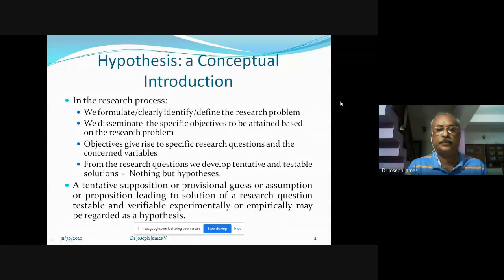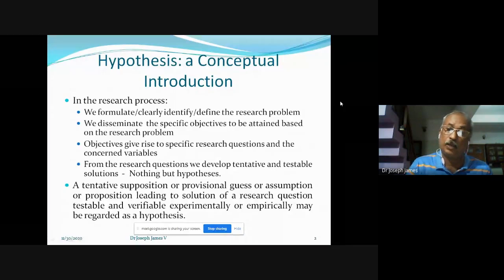It is just like theory, because it is evolved conceptually, logically, based on literature, as well as based on information. And such a theory developed is to be tested and verified whether it is correct or not. And therefore, we can define a hypothesis as a tentative supposition or a provisional guess or educated guess or an assumption or a proposition leading to solution of a research question, testable and verifiable